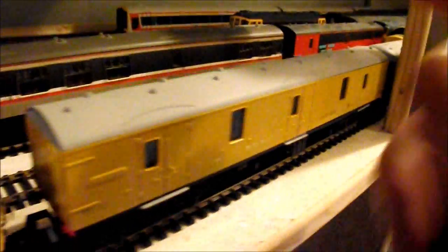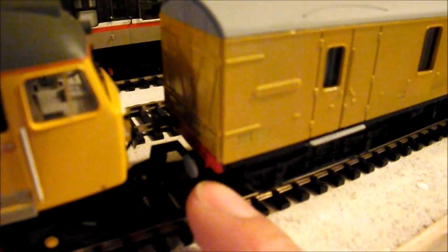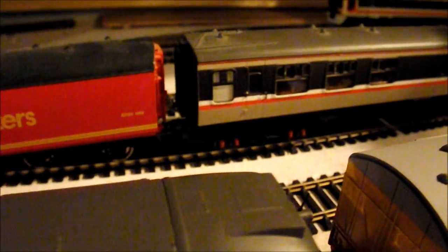Now this coach is a brand new coach. Well, it was bought brand new. It was kindly given to me by my good friend Zub, and it's caused no end of problems in terms of the way it couples to all the rest of them, because this has got the new NEM couplings attached to it, whereas this particular GUV and the other GUV are both Lima GUVs, which basically means they've got the old style chunky coupling, as you can probably see there. Because I'm trying to use my mail train as a push-pull, the couplings just keep riding over each other and then they keep